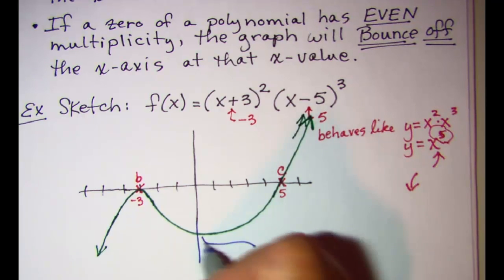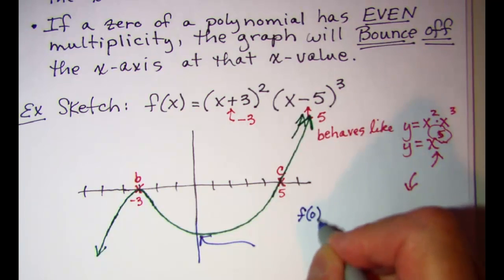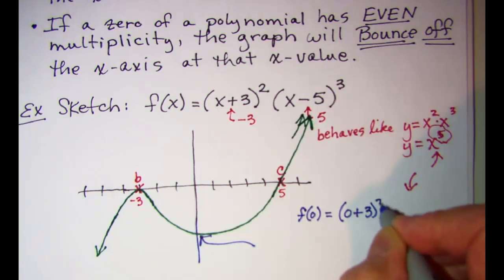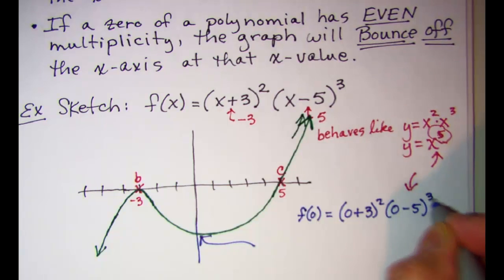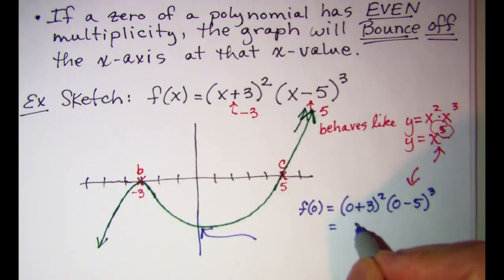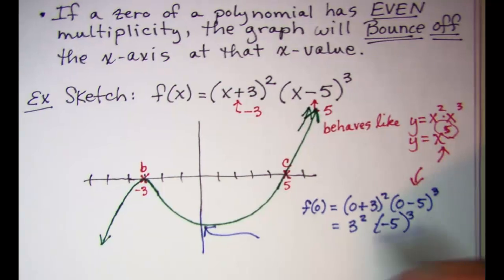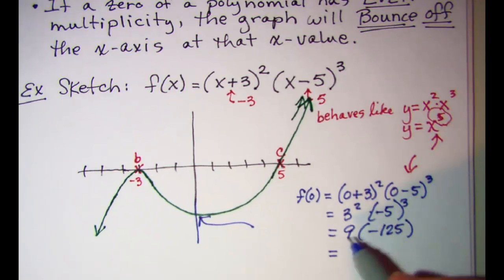If I wanted to find that point, I could do f of 0 is (0 plus 3) squared times (0 minus 5) cubed. So 3 squared times negative 5 cubed, 9 times a negative 125. So it looks like my y value is going to be negative